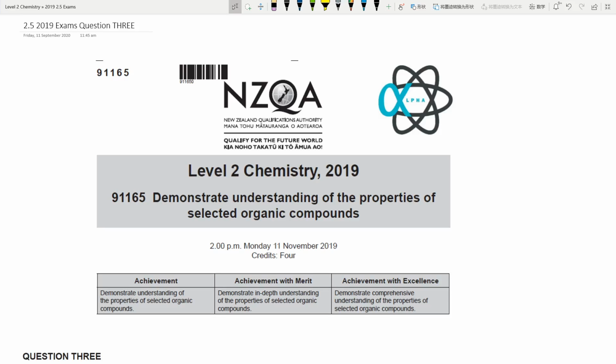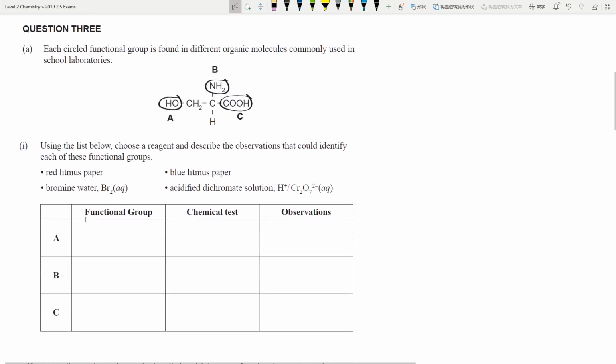This is the last question and it looks like a short one, so let's get started straight away. So this is question 3. First question, they circled functional groups. This just comes down to knowing what the functional groups are. A is an OH group, which is an alcohol, B is an amine, and C is a carboxylic acid, because that's the basics